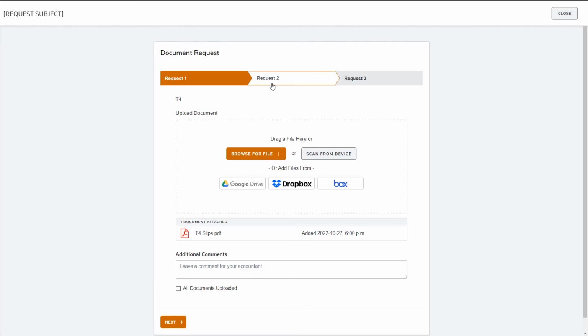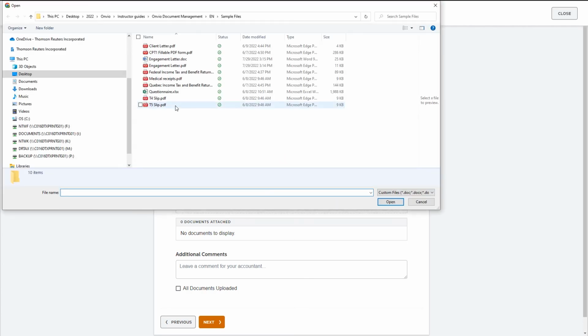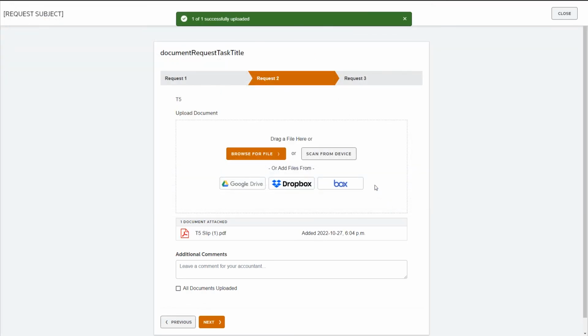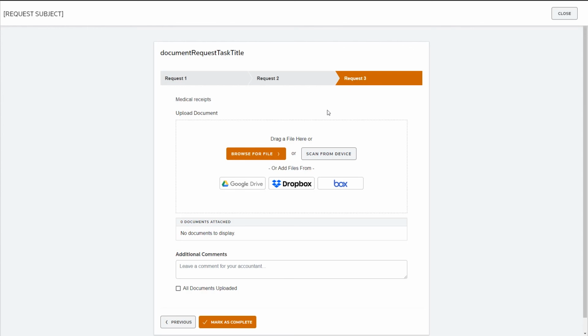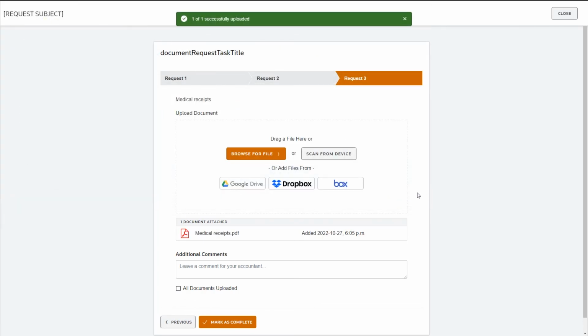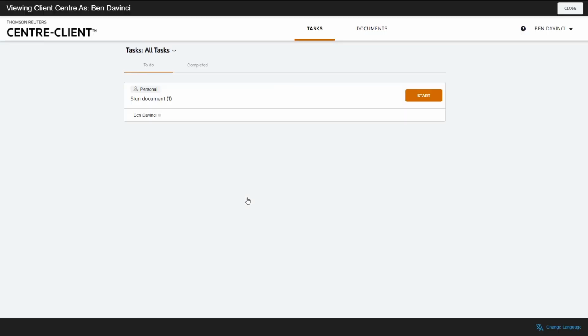Okay, so again, the client could navigate through his computer in order to select the document. It could be a PDF, a Word document, or even a note, a picture, a JPEG or a GIF. So they're able to upload the requested document in Onvio Client Center and send that over to the accountant. So we just completed the first request. So again, here I'm just showing you the process for the client once they receive the notification to submit documents